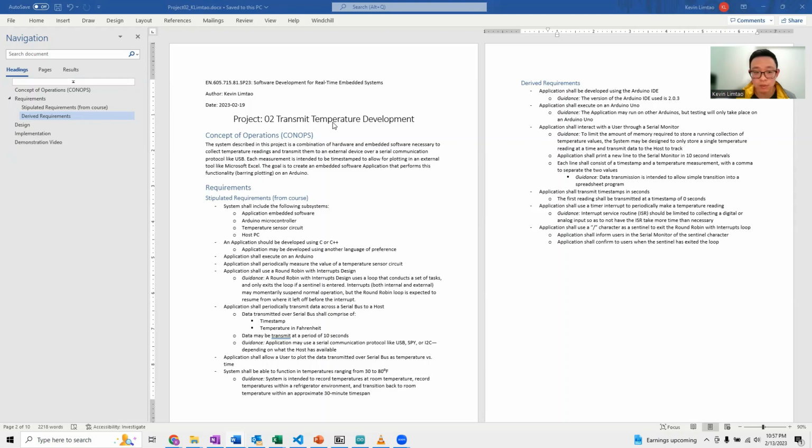But just starting with requirements here, the stipulated requirements that we gathered from the course are pretty basic. We want to have a system that's going to be inclusive of several pieces of hardware and an embedded software application. The application is supposed to execute on Arduino, and it's going to periodically measure the value of a temperature